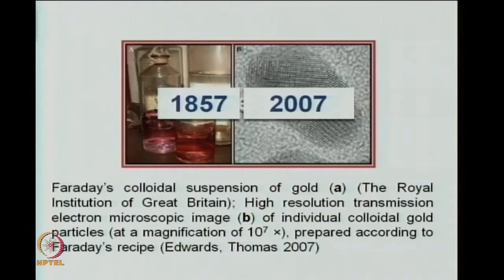The first time scientifically nanoparticles were made in a laboratory was 1857, when Michael Faraday made a gold solution, and those solutions are stable even now. As you can see in these chemical bottles, these are precisely those gold solutions which were made by Michael Faraday in 1857. And if you look at these particles under a microscope, electron microscope, then you will see the picture